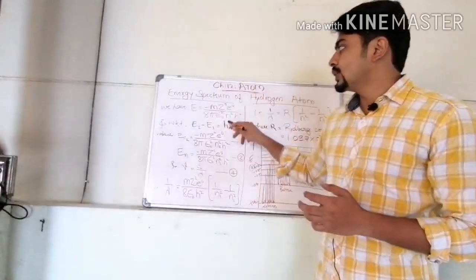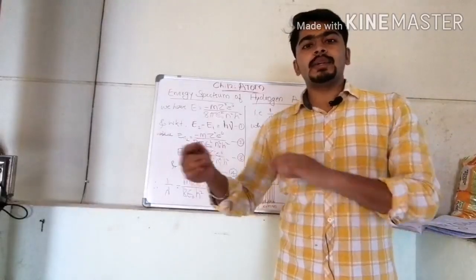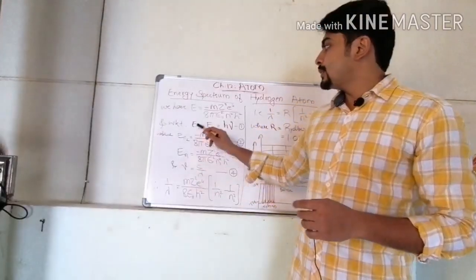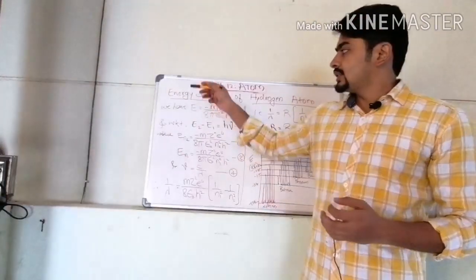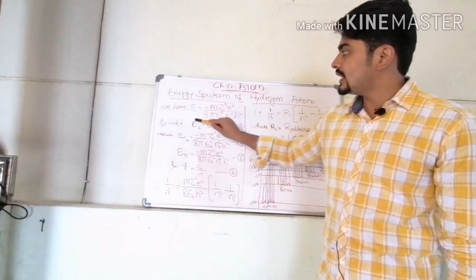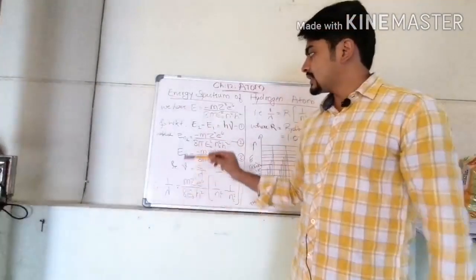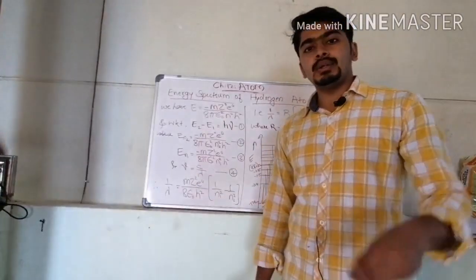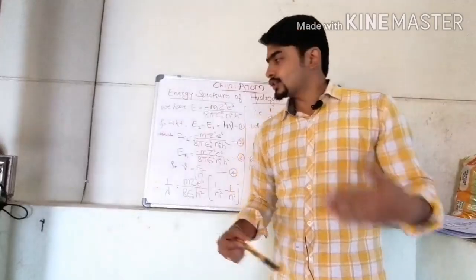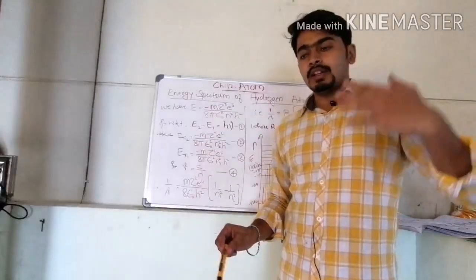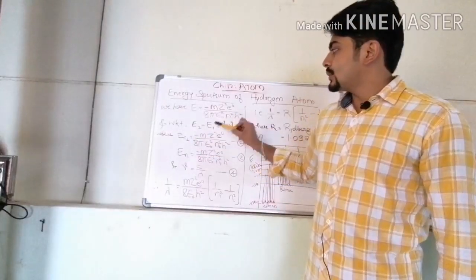Also, using the third postulate, the energy difference between the energy levels is liberated in the form of a photon. So E2 minus E1 is equal to h nu, and we know these two equations. Using these two equations, I am substituting the value of energy in this equation. Considering an electron jumping from energy level n2 to n1, what is the energy of the n2 level, that we must calculate.